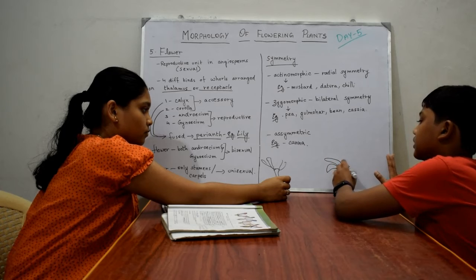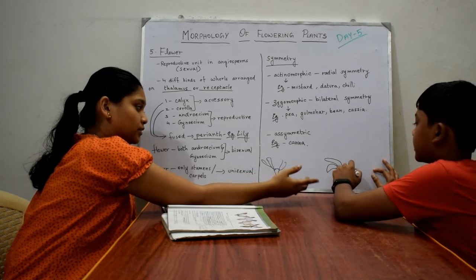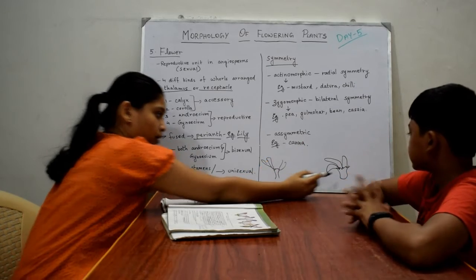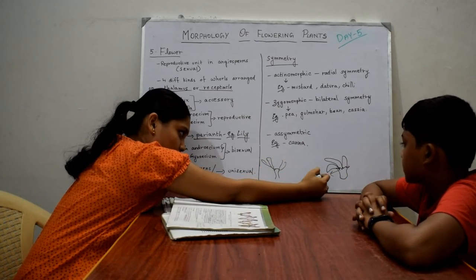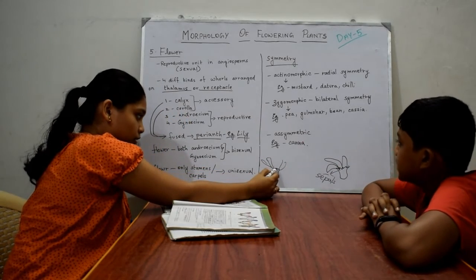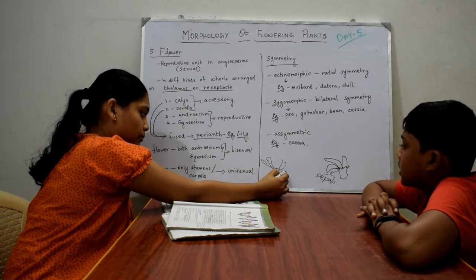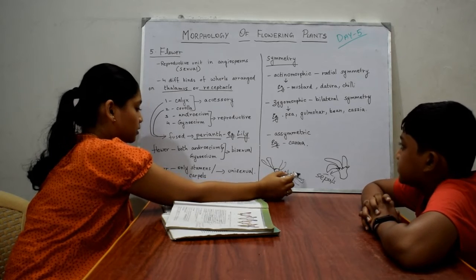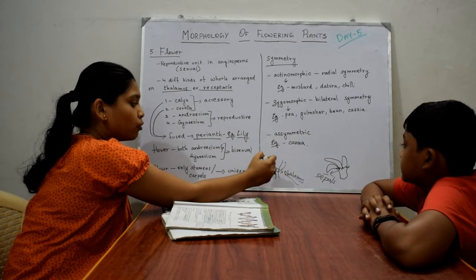Those are sepals. The one which you draw, this one is sepals. Inside the sepals one arrangement will be like this. So this is known as thalamus or receptacle, and above this thalamus there are 4 whorls,